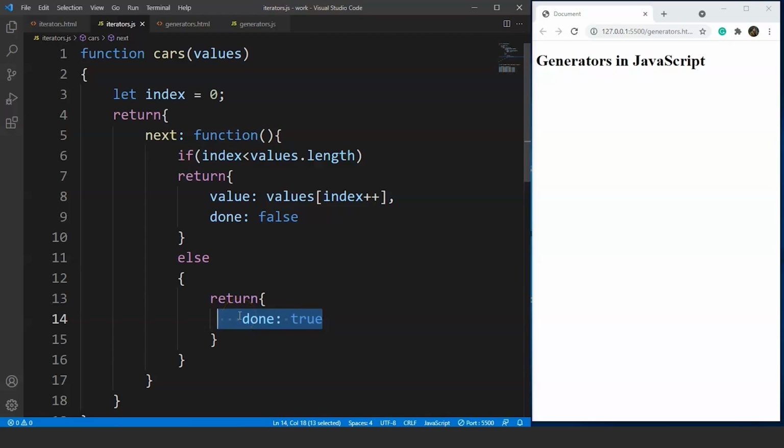A generator function allows us to define an iterative algorithm by writing a single non-continuous function. The syntax is also not tricky. All we have to do is to create a function with an asterisk sign and we are good to go. So let's go through the syntax and you'll understand it much better.